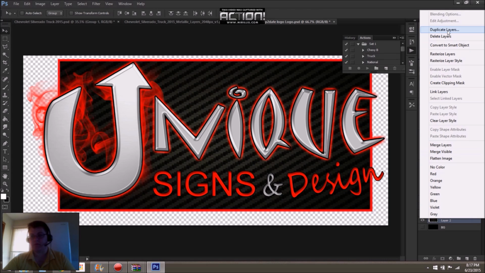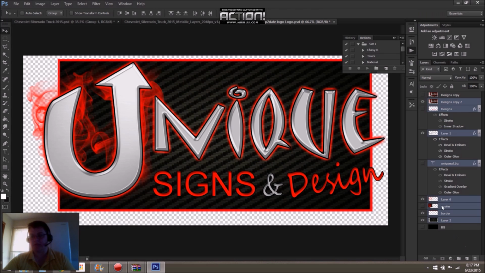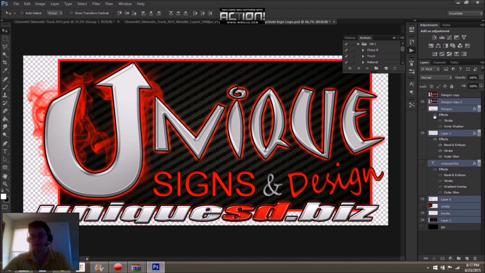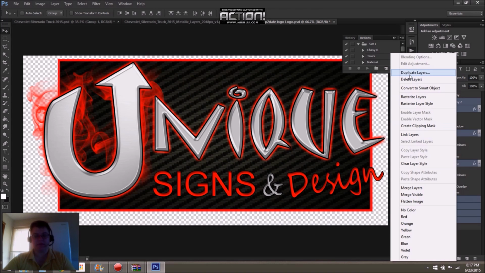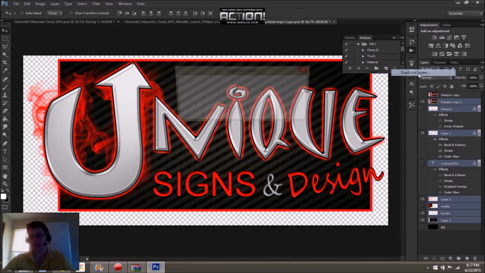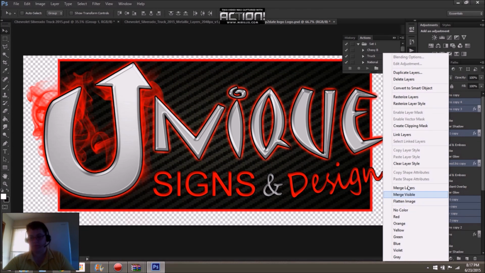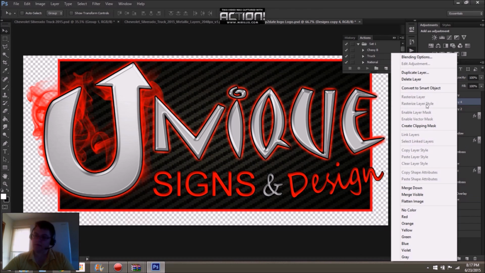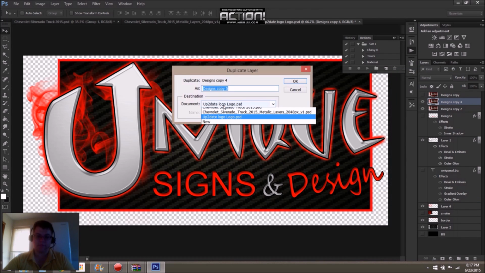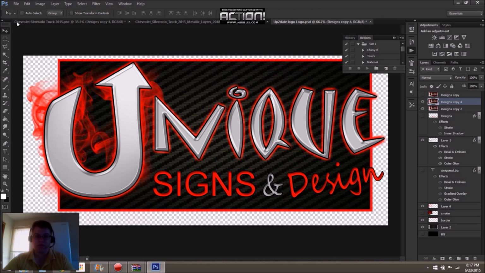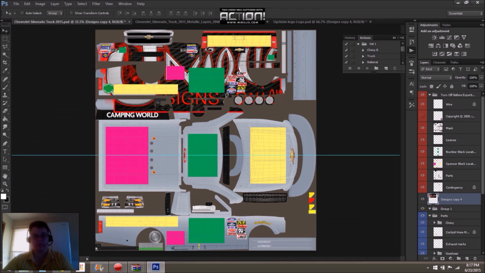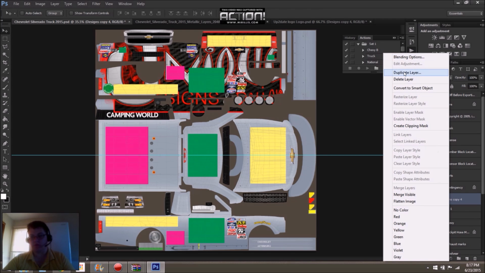So what I'm going to do, actually I think I already have this. No, I don't. I'm going to duplicate these layers without the web address because I never include the web address. And I'm going to merge them, and then I'm going to duplicate them over to my template. So we have a very, very large logo here.